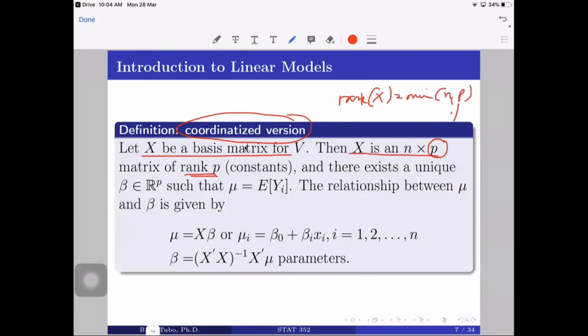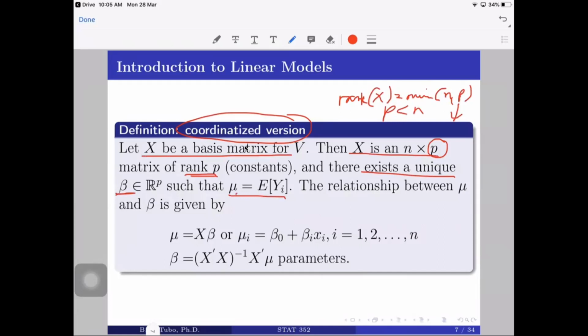In this case, we choose p to be less than n. So that will be your rank, such that there exists a unique vector beta in R^p, so a p by 1 vector, such that